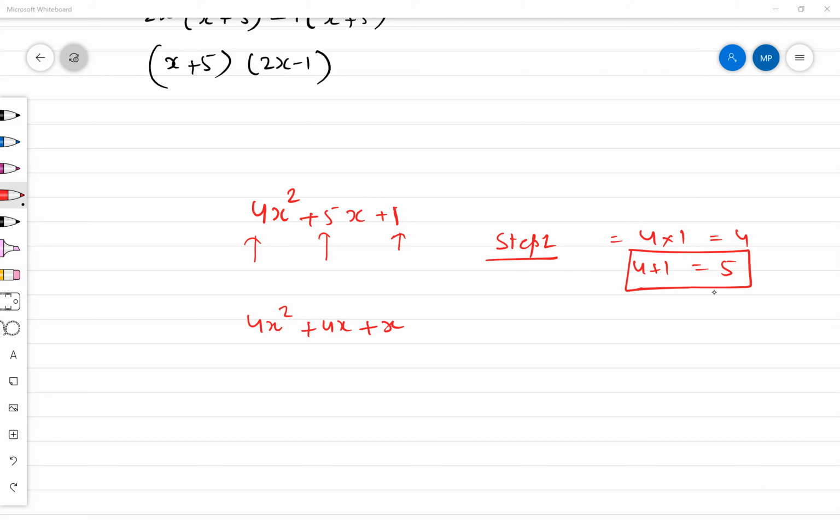Very good. And then from this, I have to take 4x common, so I am getting x plus 1, and from this I take 1 common, I am getting x plus 1. So x plus 1 into 4x plus 1, that's the answer. Wow, Asanya got, Herschel got, Faraz got, yeah, correct. All right, next challenge.